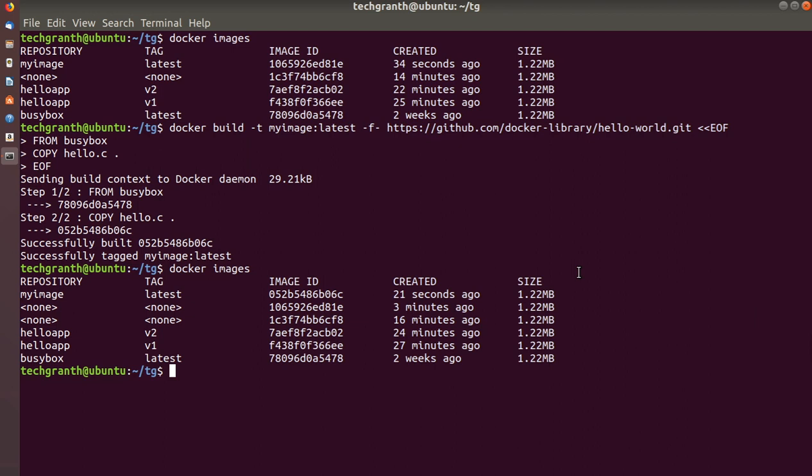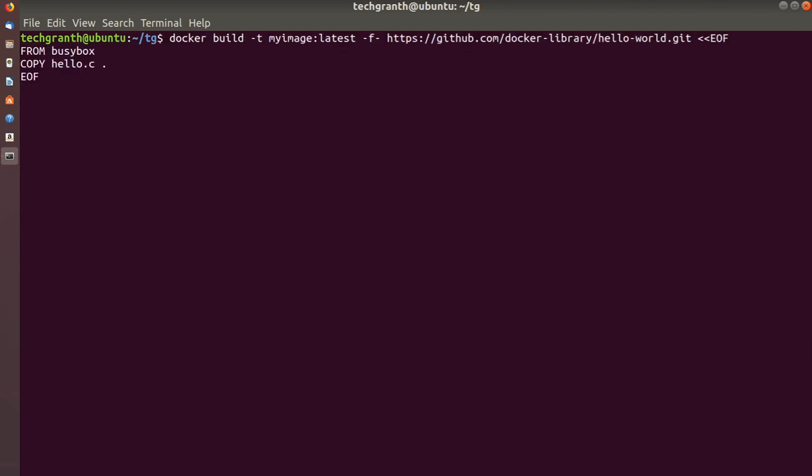So the next thing, if I use RUN like this, okay, run instruction like this, as I told earlier that we can use multiple commands within a single run instruction to make the image size as small as possible, right?